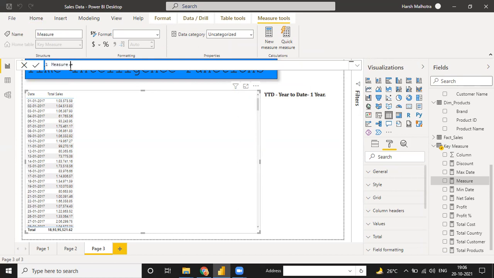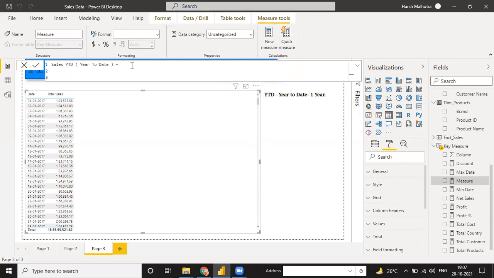Okay, so for YTD, guys, we have many functions. I can name it Sales YTD, which is just a name, and YTD means year to date. For this year to date, you can use your value starting from, suppose, the 1st of January and ending on the 31st of March only.